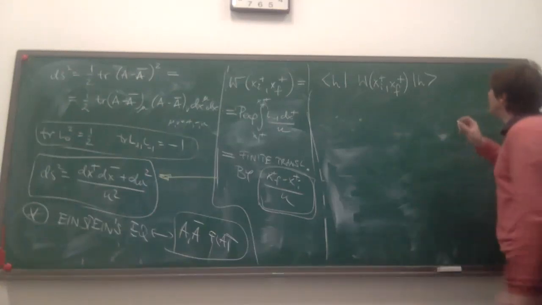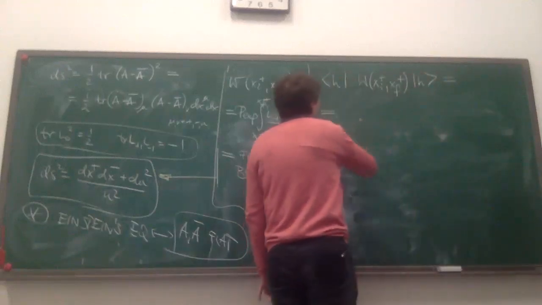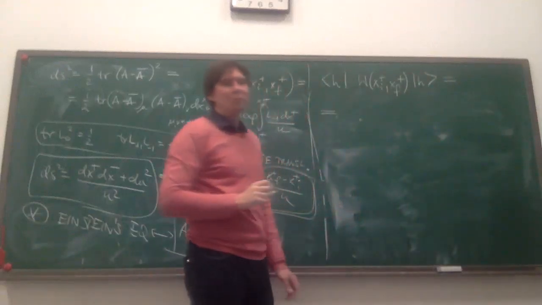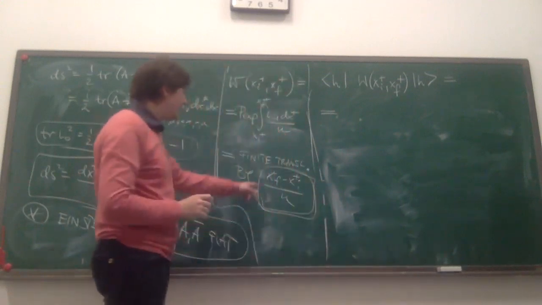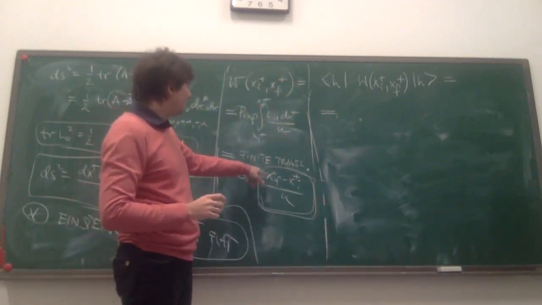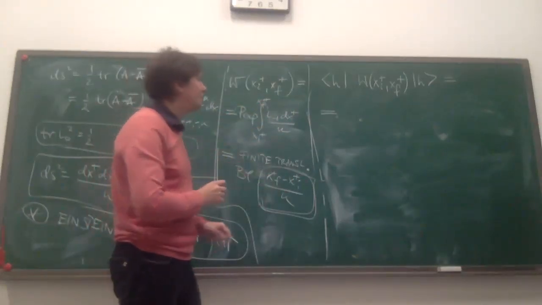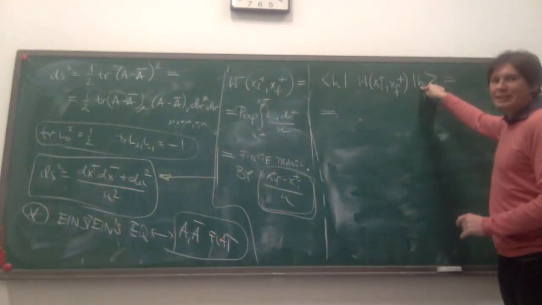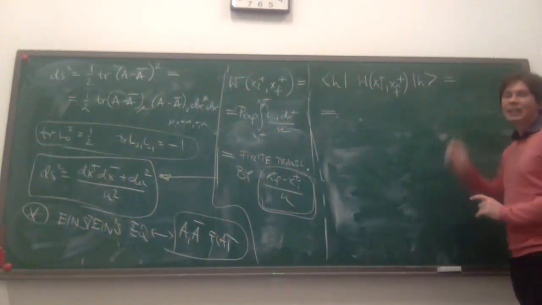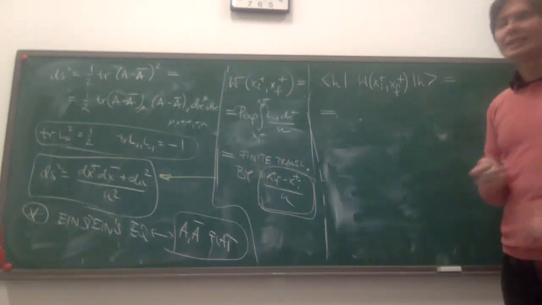So let's compute it. To compute it, I have to give you some rules about what these h's are. So here I have a representation. I have learned that my Wilson line is a finite translation. What I need to tell you is how to think about these states x and h. And the best way to think about them is to go to the position basis.